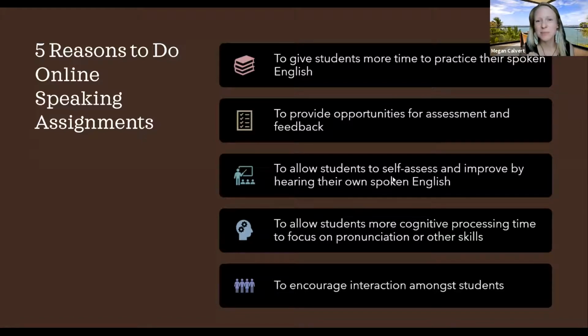Two, to allow students to self-assess and improve by hearing their own spoken English. Especially with recording assignments, that opportunity to hear your own voice is often a moment. Karen Taylor and Robin Barr, you taught me this. Students will freak out a little bit sometimes when they hear their own voice. It sounds different than they're normally used to hearing, which is partly the recording, and partly the experience of it being outside of their head instead of inside of their head. But it's a really nice opportunity for them to hear and assess themselves,